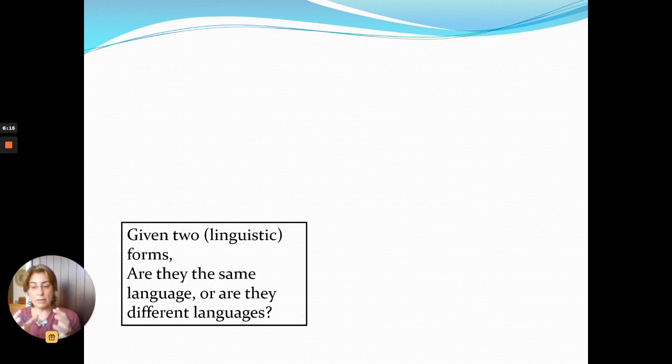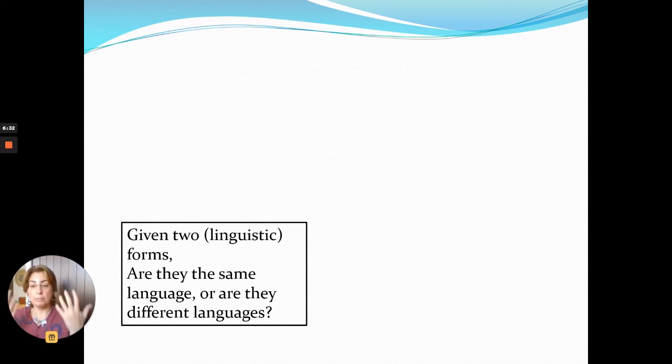If you decide that they are the same language, you might decide that they are the same language and just some kind of accent, or you might decide that they are the same language and two different dialects. There are many ways in which you can decide that they belong to the same category, but they are